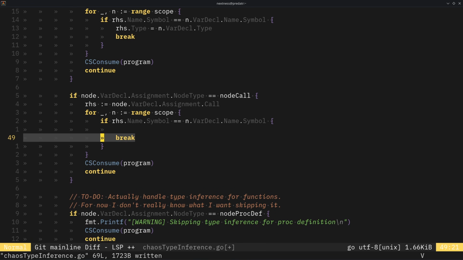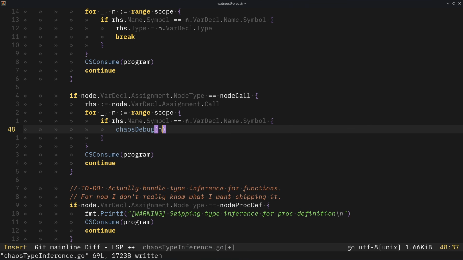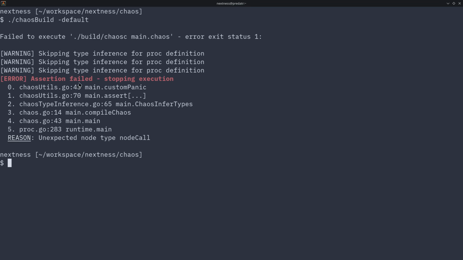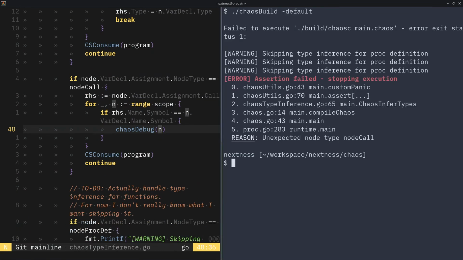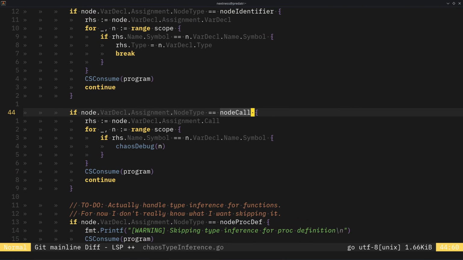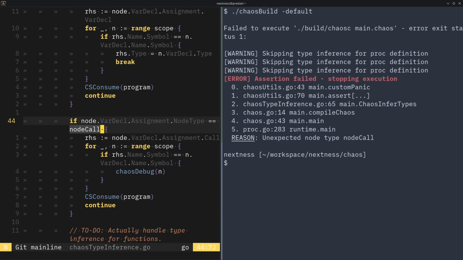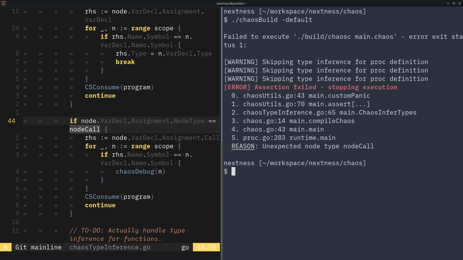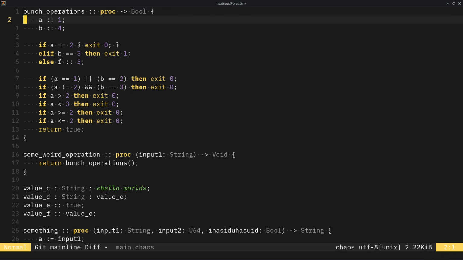For the sake of whatever, let's do this. Chaos debug, I want to know what is n. Didn't I just do this? What do you mean? Huh? Node call. Oh, I see what you mean. Yeah, this is kind of annoying actually, because